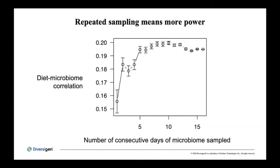The other thing we were able to do is find out how many samples we needed longitudinally to detect some of the signals that we found. And this is going back to the between person analysis. Remember I told you the correlation between people was about 20%. So 20% of microbiome variation between people was explained by the diet variation between people. And that was when we averaged their microbiome across the whole study, and we averaged their diet across the whole